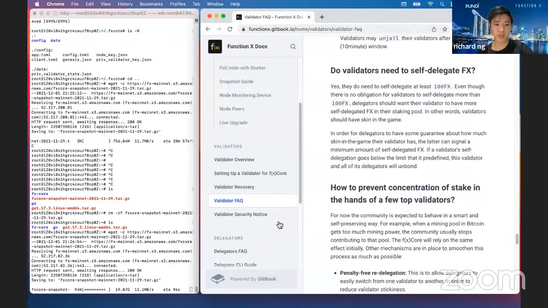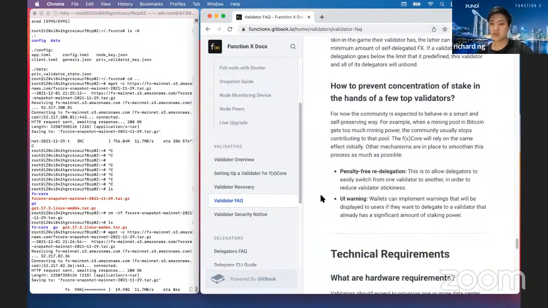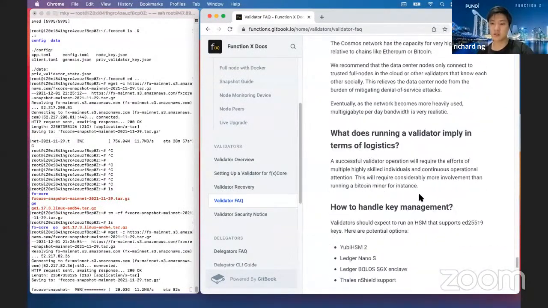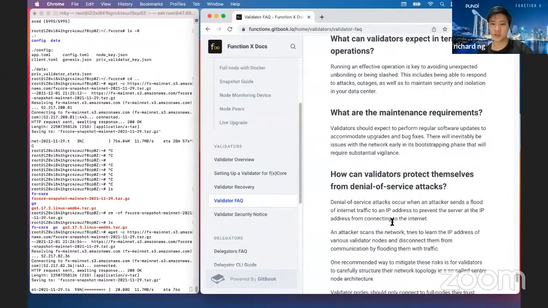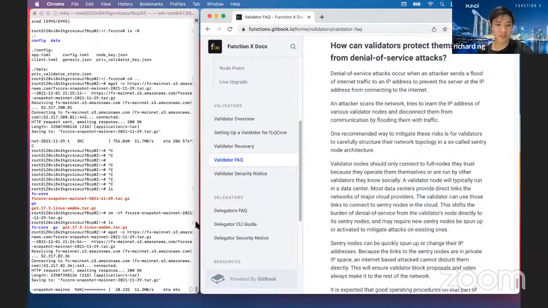So it's almost done. Do delegators need to self-delegate? Okay, I've already answered that. So then for the rest of the documents here, I'll just gloss over it, happy reading. You can print this out and maybe put it under your pillow, and it'll probably help you with your insomnia. So that's about 1 minute more before